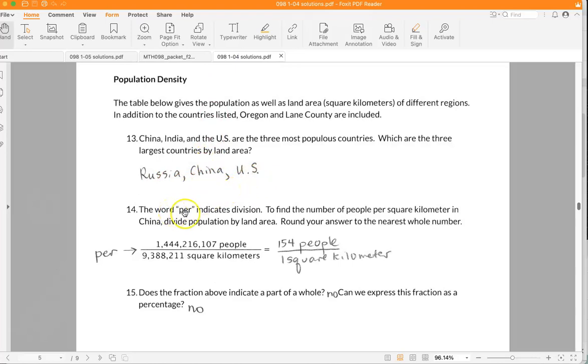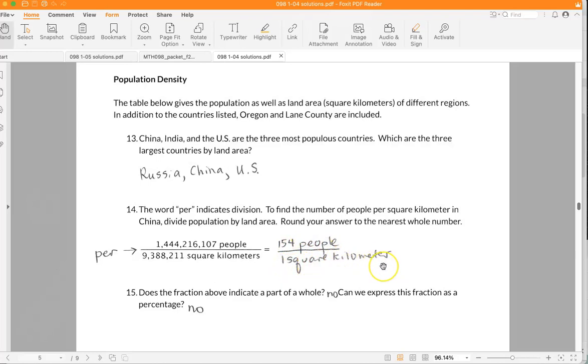The word per indicates division. To find the number of people per square kilometer in China, we divide population by land area. So 1.4 billion people over 9.4 million square kilometers. I divided the entire numbers. I did not abbreviate. And I come up with, when I round to the nearest whole number, 154 people per